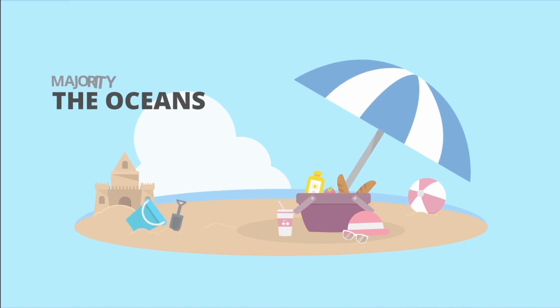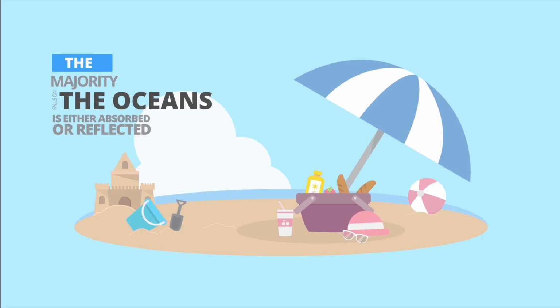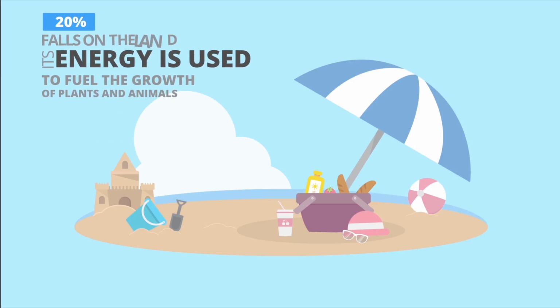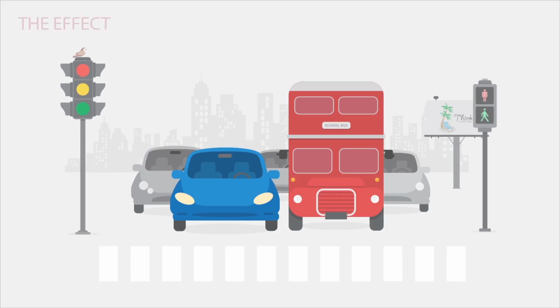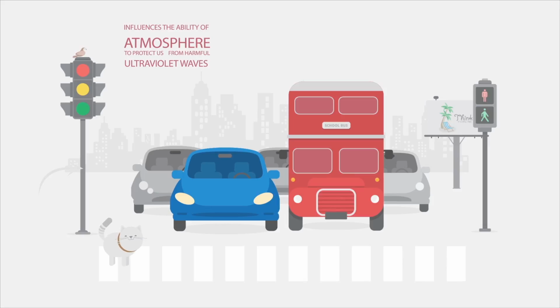The majority of it falls in the oceans and is either absorbed or reflected, but some, about 20%, falls on the land, and its energy is used to fuel the growth of plants and animals. The situation is made more complex by the effect that man-made population has. Not only does it influence the ability of atmosphere to protect us from harmful ultraviolet waves that are damaging to all life forms,